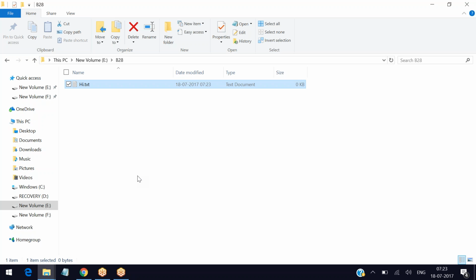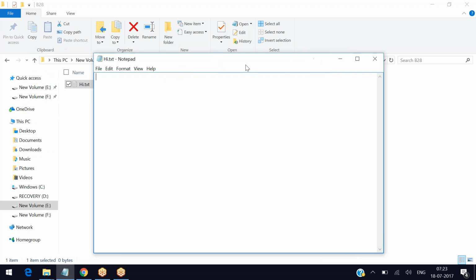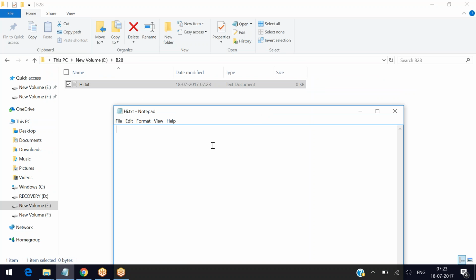Now these kinds of things, whatever I'm showing you right now, you will not be doing in real life, because in real life you will not be writing any code in a notepad. You will be using some IDEs like Eclipse. We will see what IDEs are and all. But this is just for understanding purposes. And if I open this, it's a completely empty file, and I will write